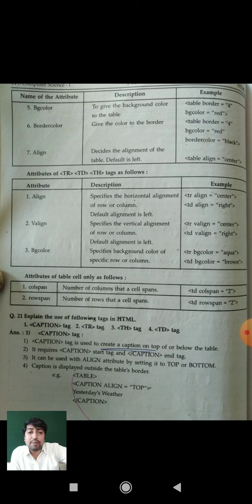So we will see the example. td colspan equal to 2 helps us to combine two columns in a specific row. td rowspan equal to 2 is useful to combine two rows in such a column. Whenever necessary, you can use them. We will see the example in our textbook also. I will show you examples in practicals also. From that you can learn very clearly how to give rowspan and colspan.